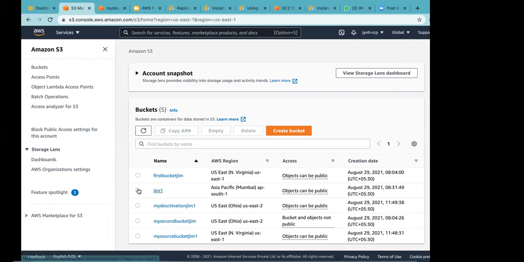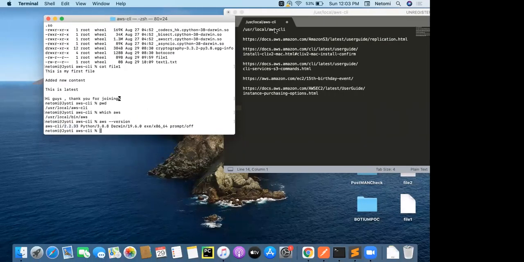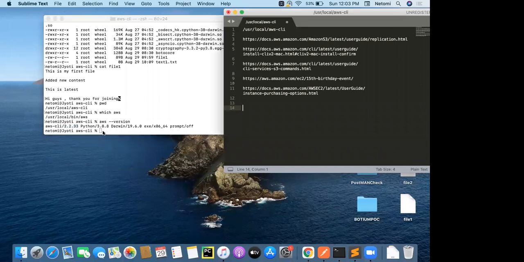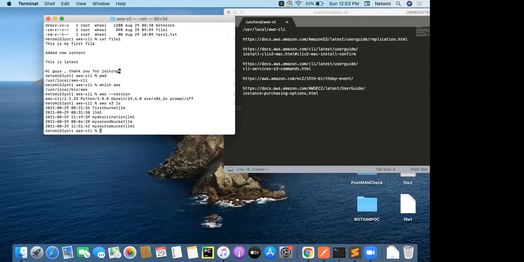The same thing you can see using this command: if you want to figure out the number of buckets in your account, aws s3 ls. You see details here. How many buckets are there in your account? It's 5.